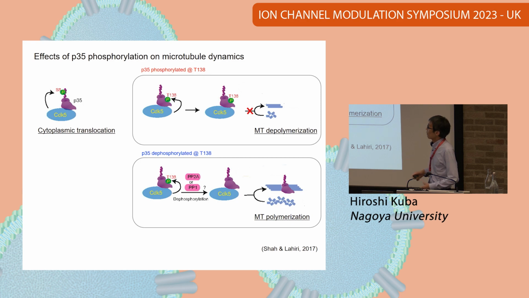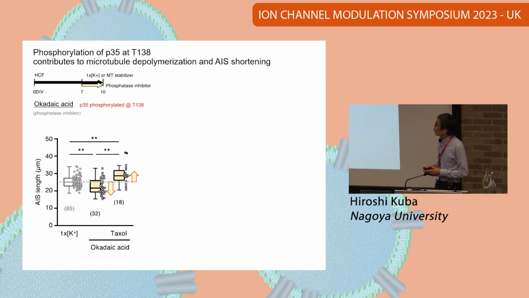CDK5 is known to phosphorylate p35 at T138, and this inhibits their binding to microtubules and promotes microtubule depolymerization. On the other hand, T138 is dephosphorylated by phosphatases like PP1 and PP2A, and this reverses the effects and promotes microtubule polymerization. So we tested the effects of the phosphatase inhibitor okadaic acid on the AIS length, and facilitation of p35